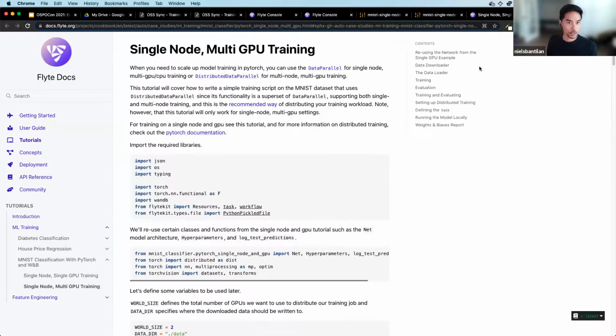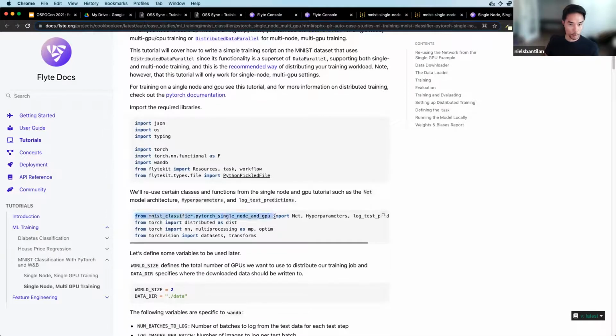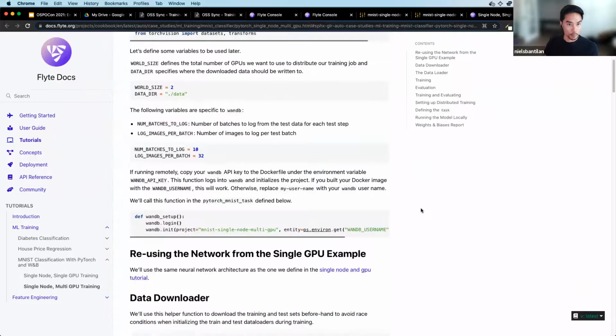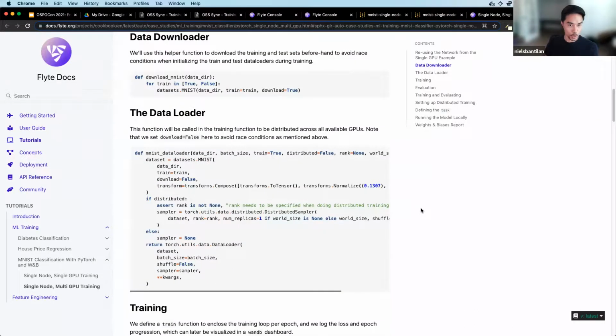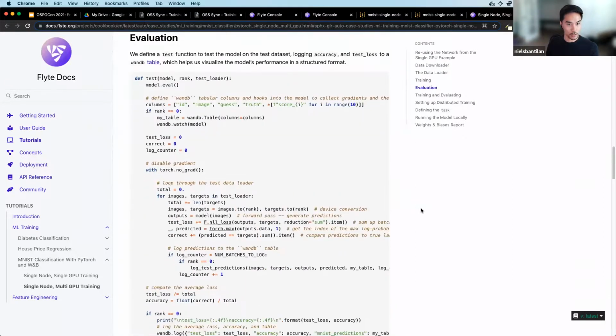Then finally, just to wrap up here on this demo side, this is the multi-GPU training example. You can see here that we're just importing a bunch of the stuff from the single GPU example. So we're reusing the model definition, our hyperparameter definition, and certain other functions for logging. The main difference, as I showed you with the extra ceremony you have to do with this, is